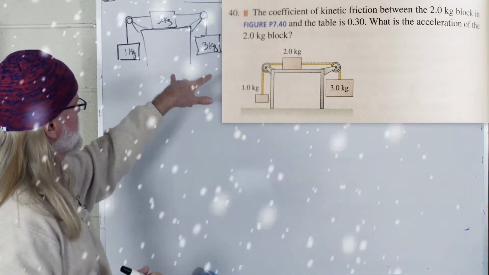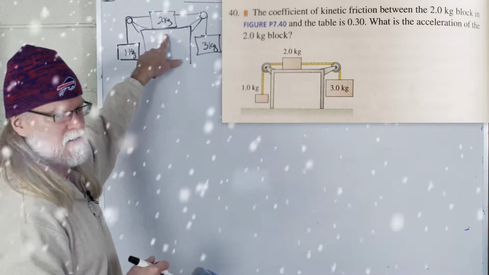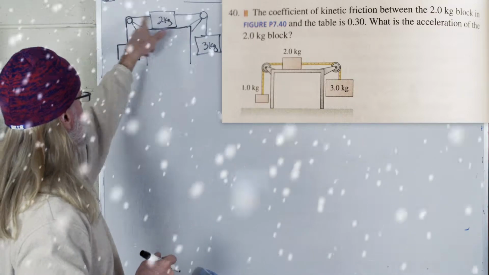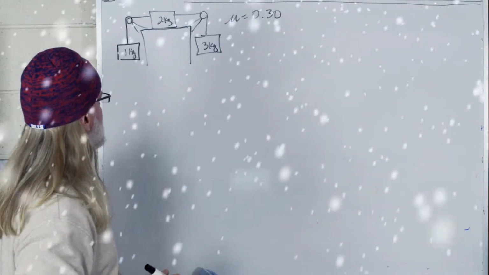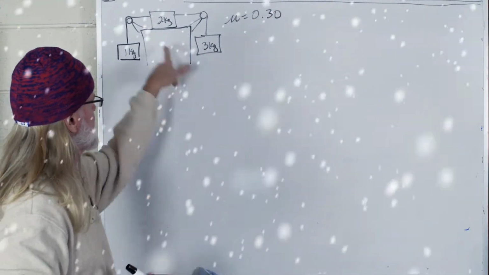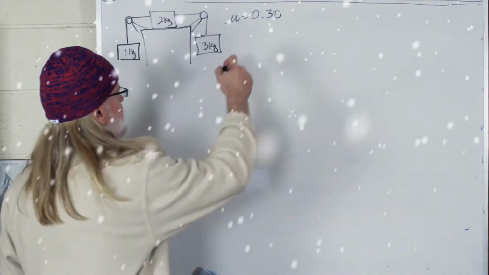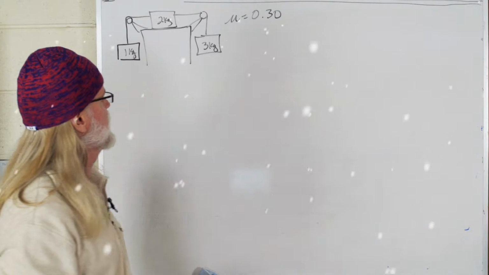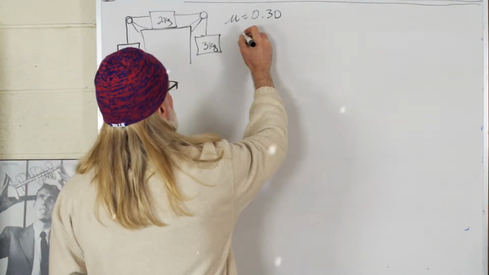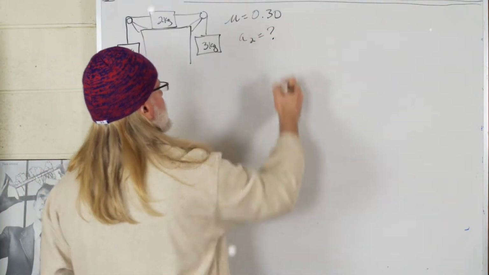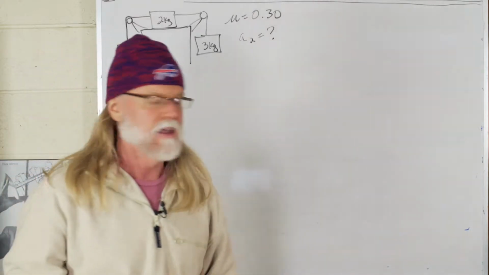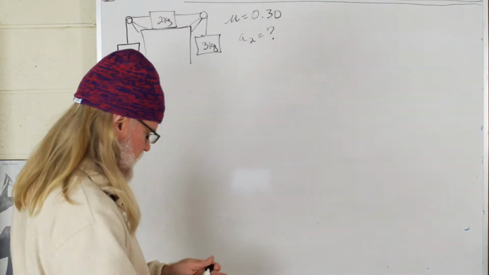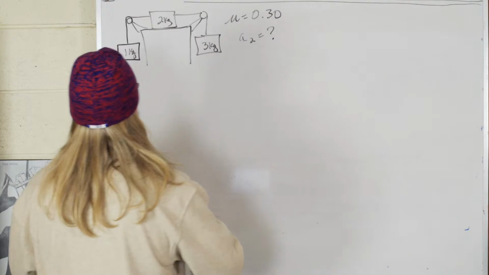We have three masses. One mass is interacting with the table and the two strings, and these masses are just interacting with the strings. So let's take a look. We have the coefficient of friction between the table and the 2 kilogram block, and we want to know what is the acceleration of the 2 kilogram block. Okay, we have three objects. We want to know how the system moves. We're going to, of course,